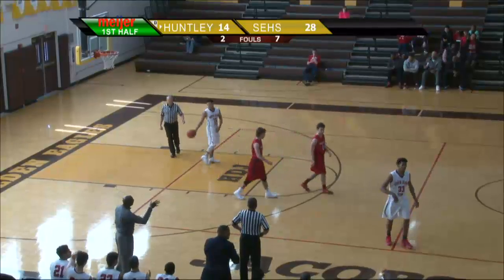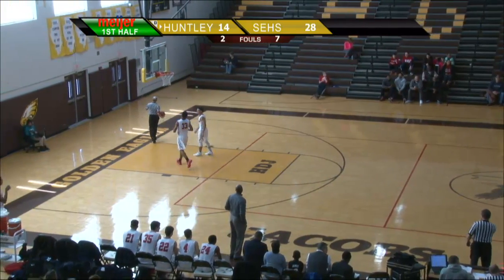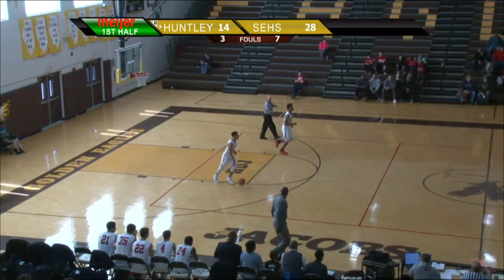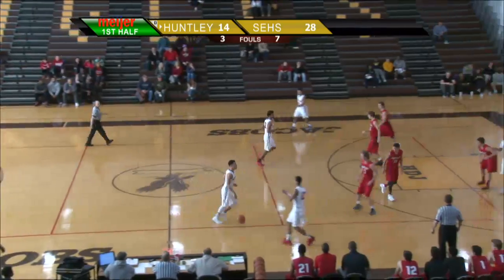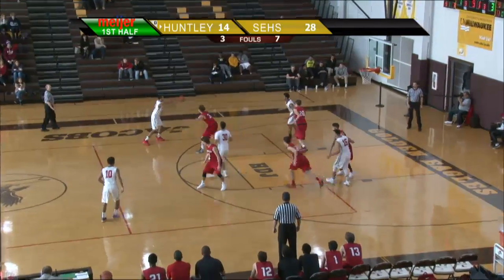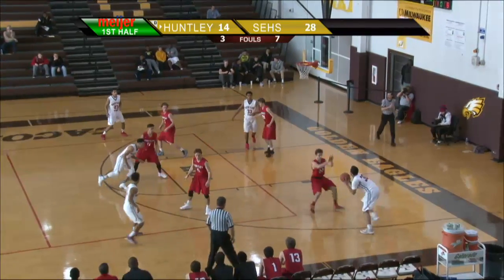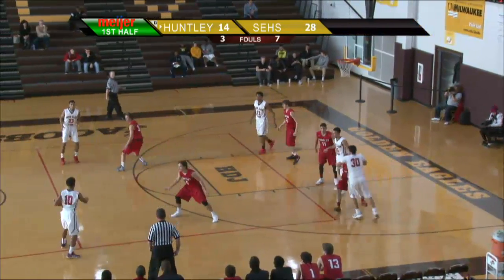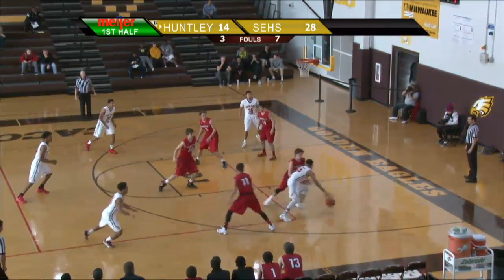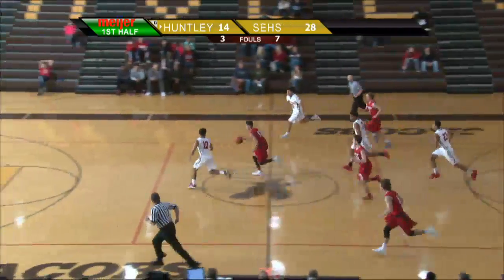That was a wild little sequence, but Koss had a good defensive play there, stealing it, and then he tried to throw it inside, and it got stolen away. Foul called on Koss himself now, and South Elgin will take possession. Lynch inside, McClendon there. Swing pass to Howard. Back to Howard, and he's going to reset. Inside to Smith, somehow gets there. Pass to Lynch, Lynch for two, no good, rebound, tapped around, and it's going to be a fast break for